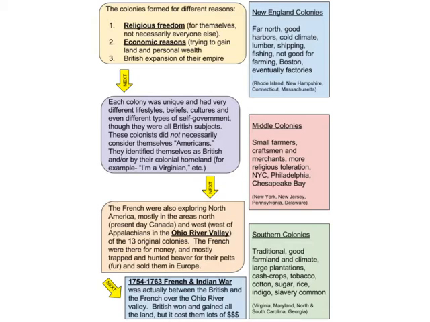So let's talk about the 3 different types of British colonies. You have the New England colonies. And here are just some bullet points about the New England colonies, where they were and what type of colonies they were. And we'll do the same for the Middle and Southern colonies. So the New England colonies, we need to know that they're in the far north. They have really good harbors. Cities like Boston Harbor,